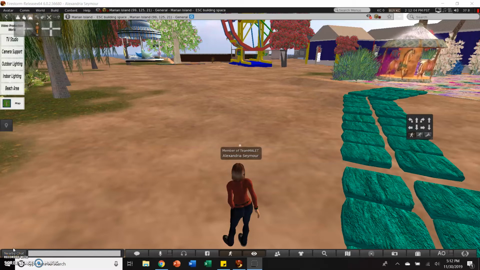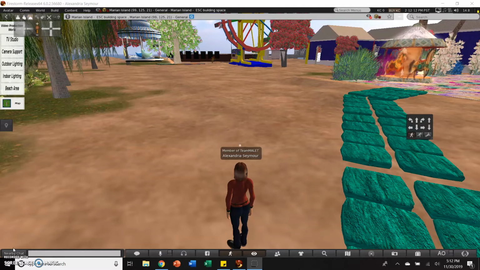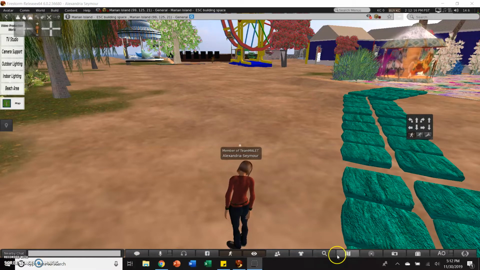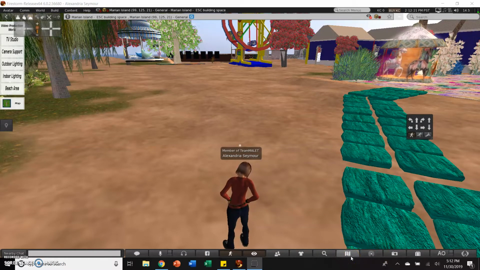Hi everybody, so today I'm going to be showing you guys how to do some island hopping and go to some different locations within the Kitely VR space. So on the bottom bar, you guys can see there's a lot of different icons. You're going to find the icon that looks like a map that's folded into three parts and you will left